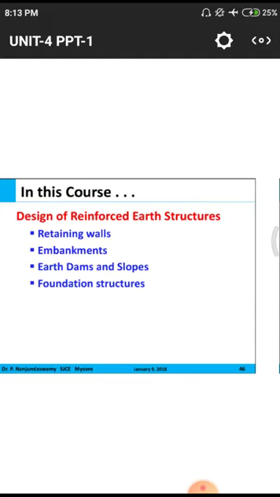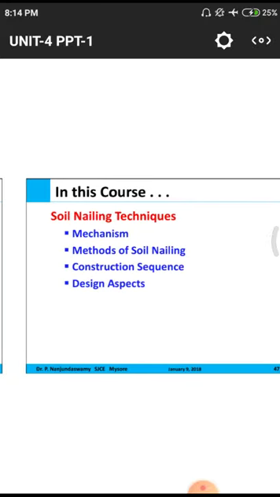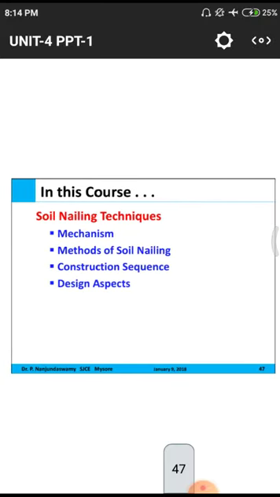structural purposes. And next one is the foundation structures. Foundation structures means a dam having some quantity of foundation in the earth. And next, a bridge having some piers. These piers also have foundation work. And a huge number of tall structures also have huge amounts of foundation work with a lot of depth, so for those structures we have to observe the foundations. And soil nailing techniques. What are the soil nailing techniques?